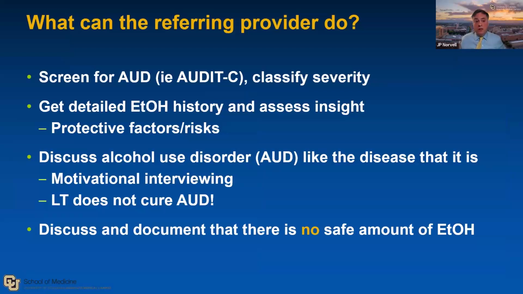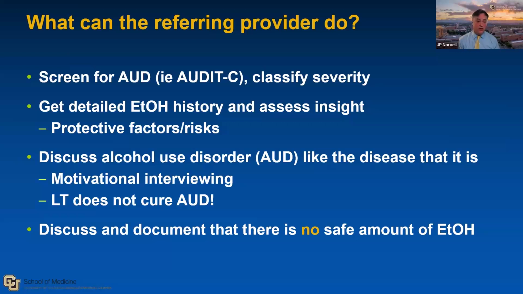So what can our referring providers do? Well, I think hopefully quite a lot. As we already talked about, I think one of the most important things is screening for AUD and catching it early before alcoholic liver disease progresses. We already talked about the questions that you can ask to try to assess both protective factors as well as risks, and discussing AUD in a matter-of-fact way without the stigma and treating it like a disease like it is,